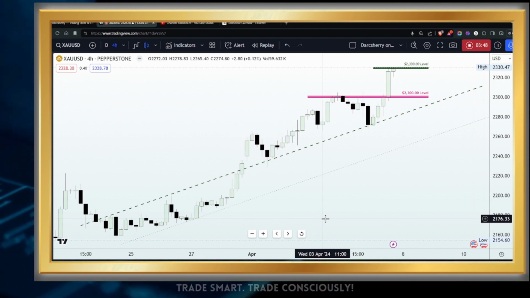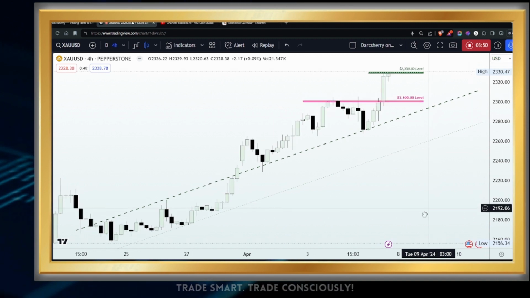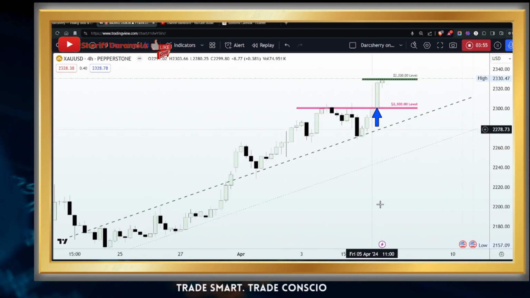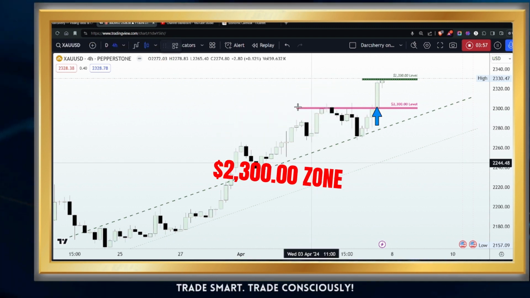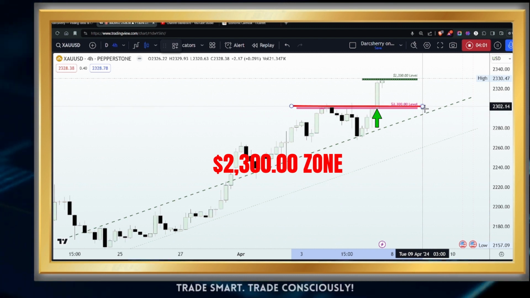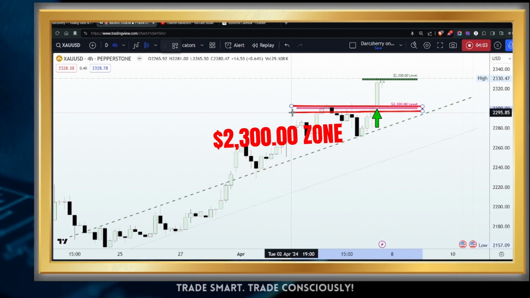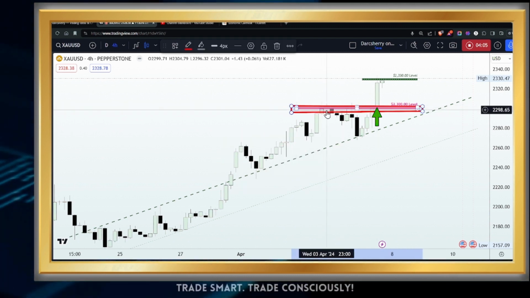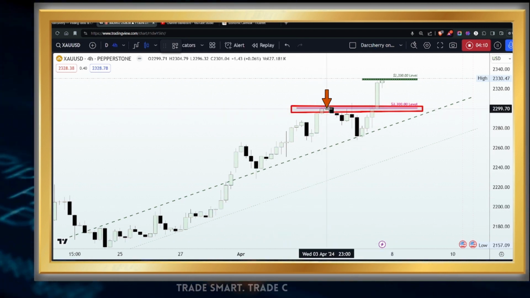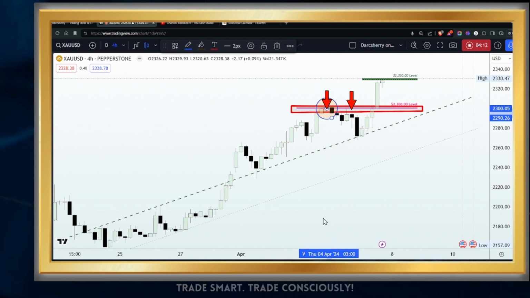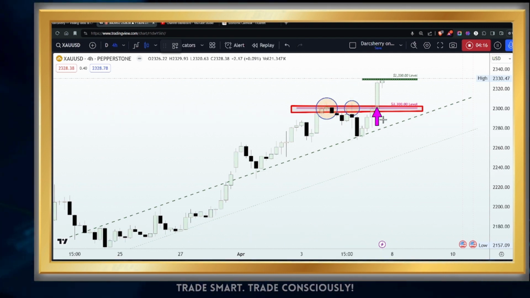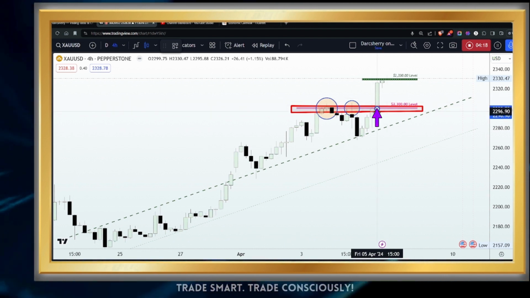Now, in addition to this ascending trend line is my key level for this week, which was broken during the course of last week's trading session, and I have it right at the psychological level of the $2,300 area. And as you will see, prior to the breakout that happened last week, this area here has been a strong selling niche, before we finally saw the breakout of the structure on Friday's